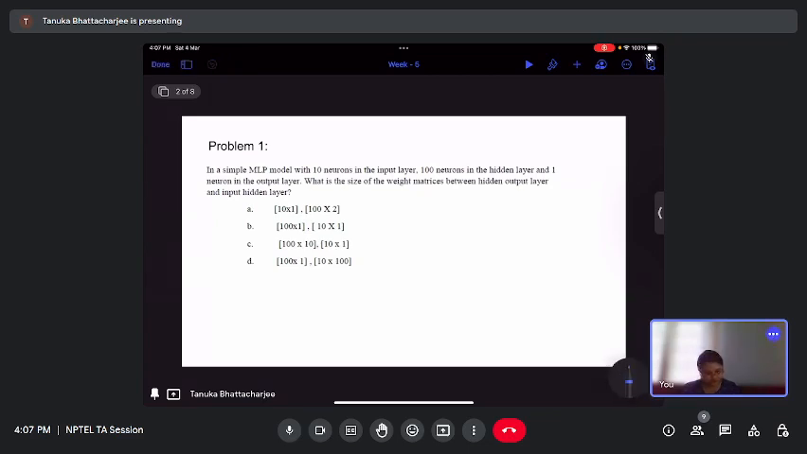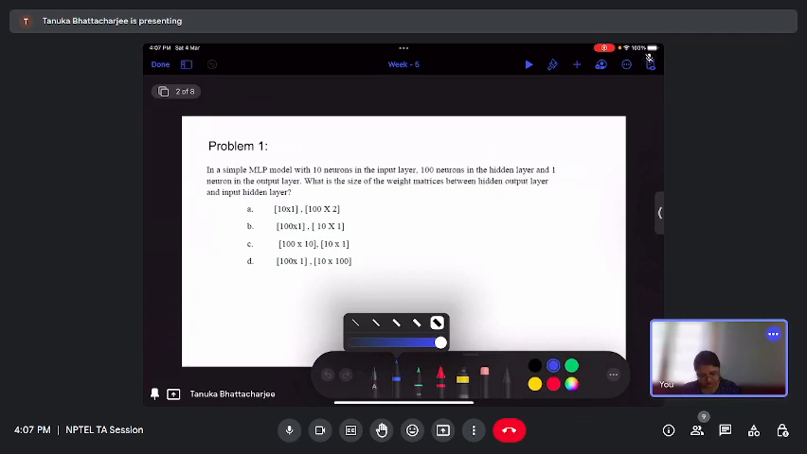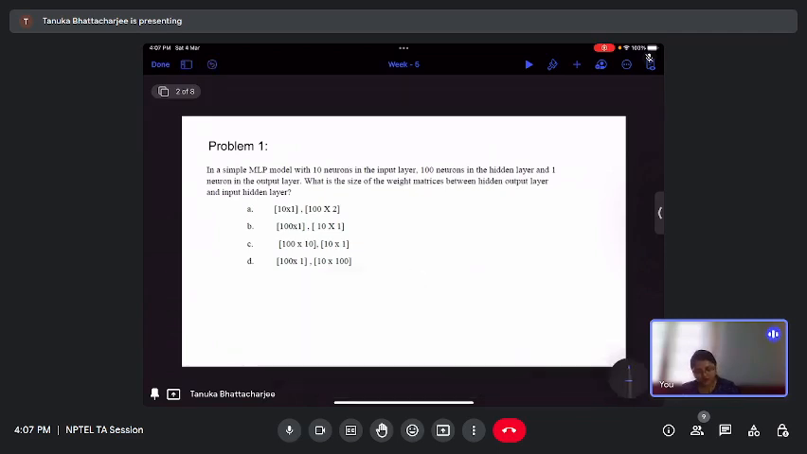So, here you have 3 layers. In the input layer you have 10 neurons. You have one hidden layer, there you have 100 neurons, and you have one output layer where you have a single neuron. Now you have to tell what is the size of the weight matrix between the hidden and output layer and input and hidden layer. So, as we know, each of these neurons in each layer, let us say the ones